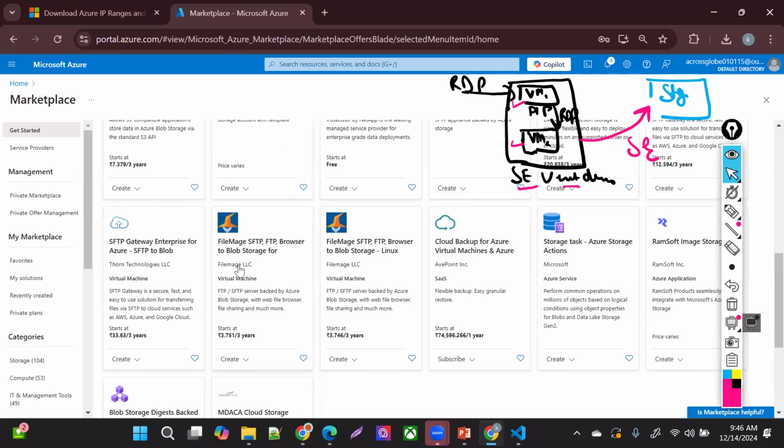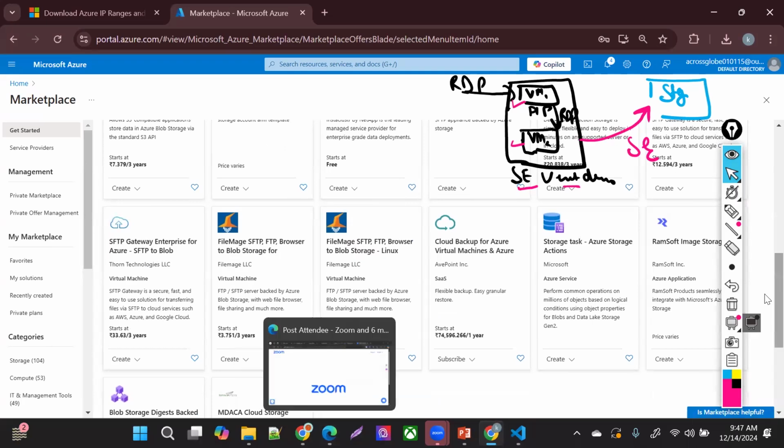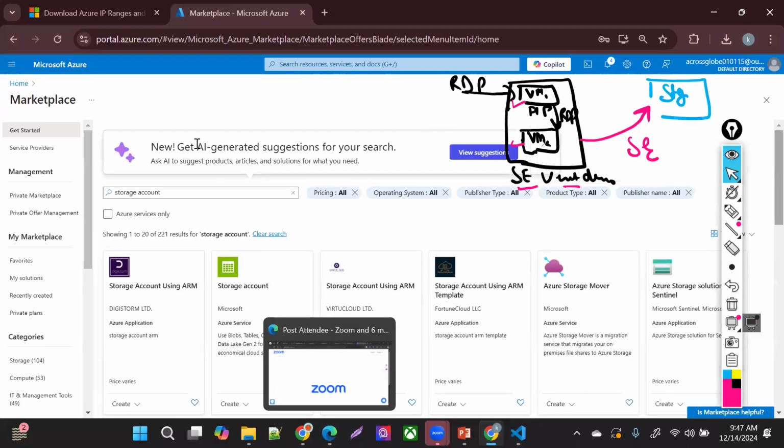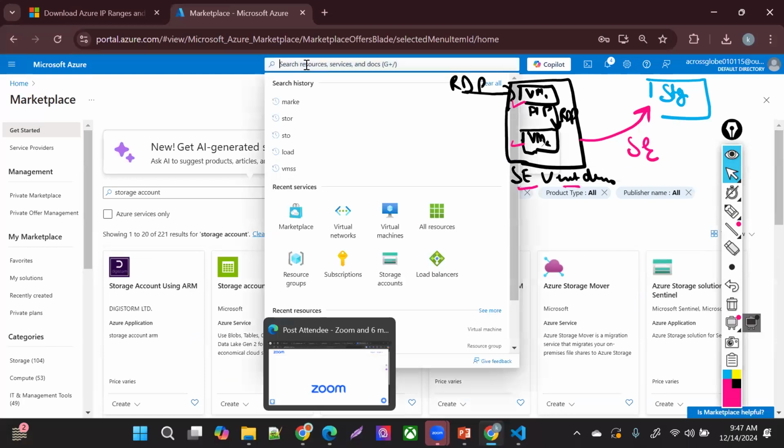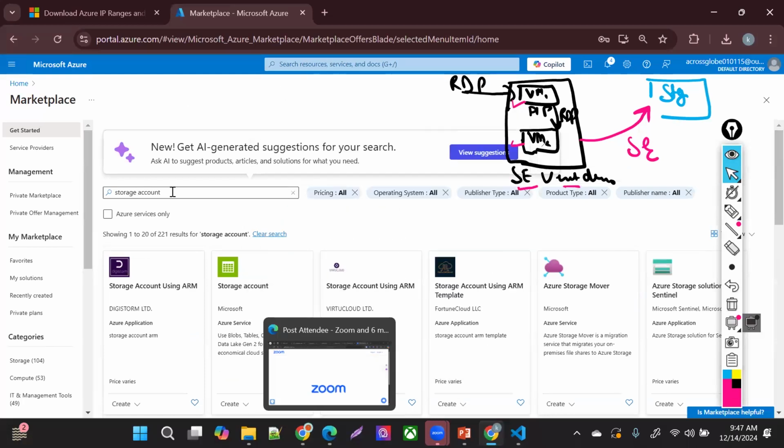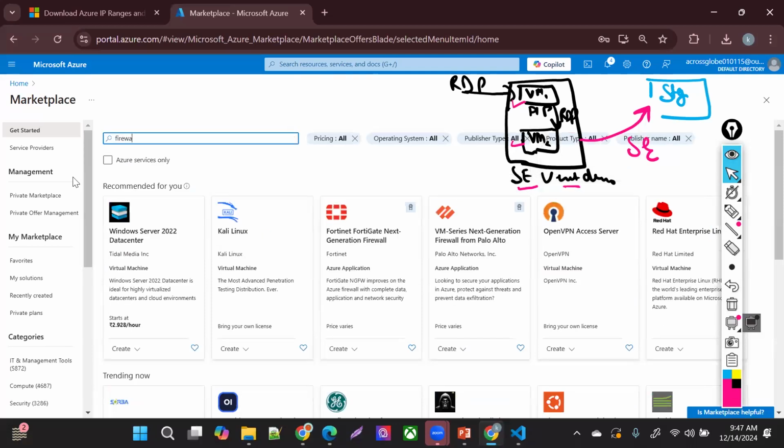Like here, let's say File Image LLC, they're providing SFTP blob storage, right? Ton Technologies, they are providing this one, right? So all of them have different vendors. You can find them inside the marketplace, right? Like the same way, you guys are aware of firewalls. So if I search for firewall,